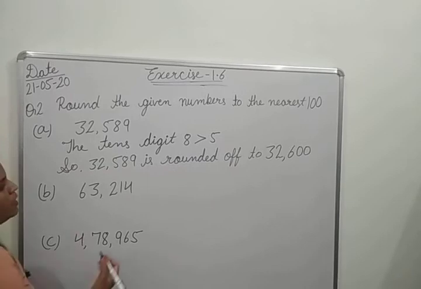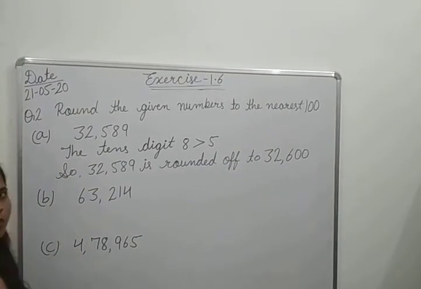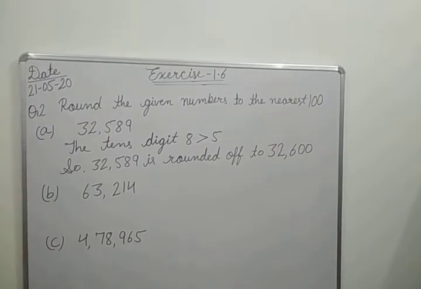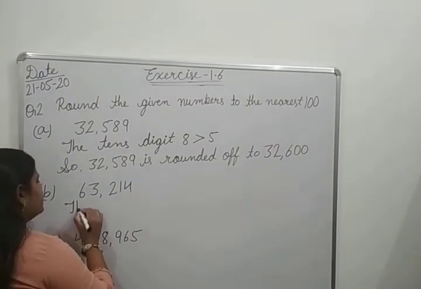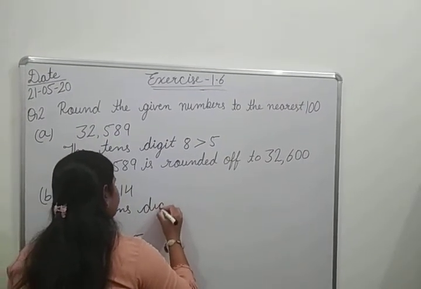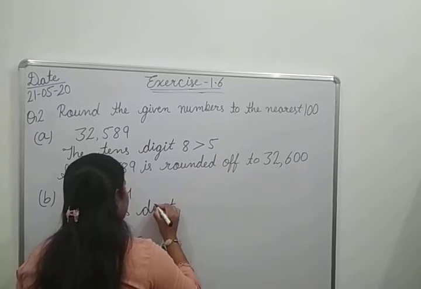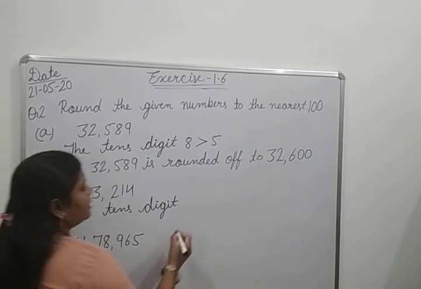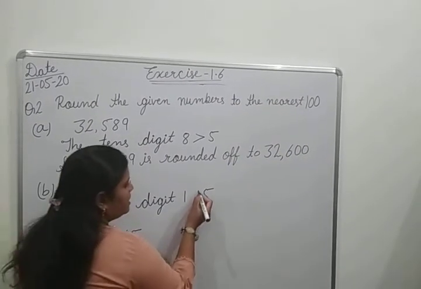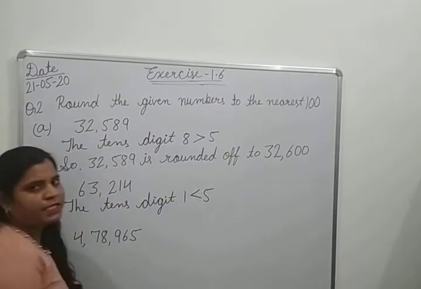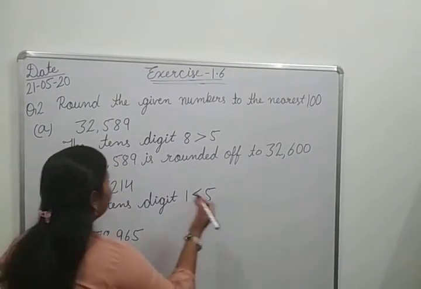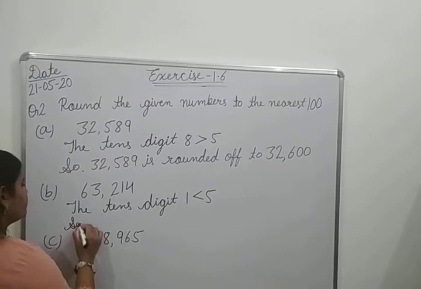Now our B part. What we do in B part? We check the tens digit. For finding the nearest 100, we will check the tens digit only. What is the tens digit here? 1. And we compare by 5. 1 is less than 5, so we write here the less than symbol. The tens digit 1 is less than 5. So